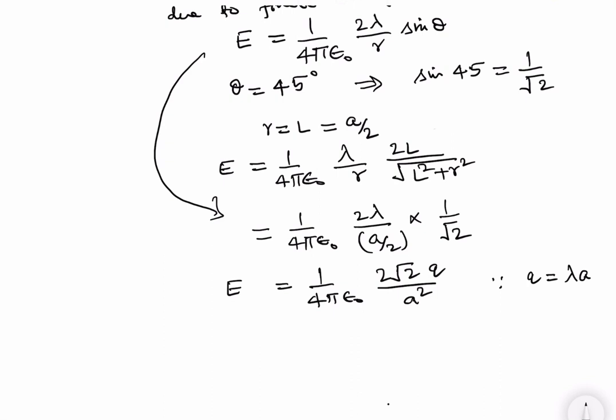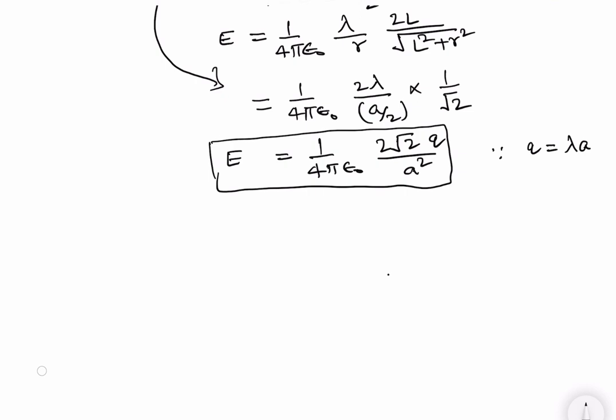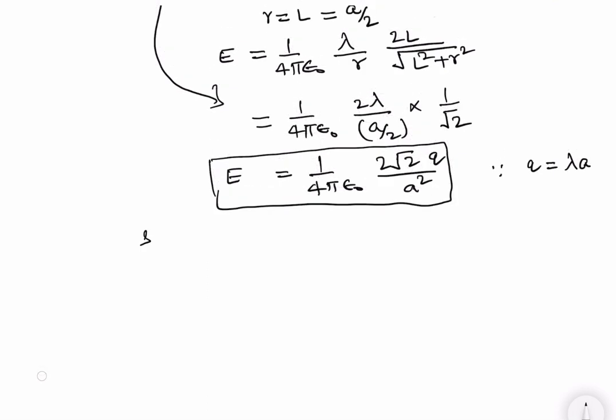So in this case we see that E depends on the charge and sides of the square, since for the given configuration of the problem,